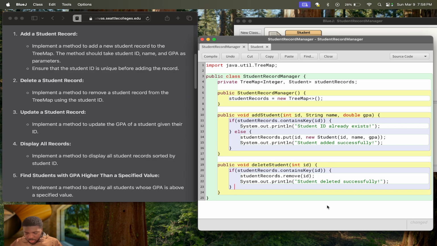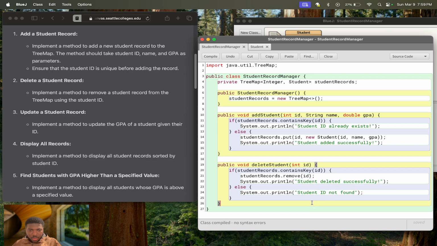We can also have an else here. And let's say in that case, right, student ID not found. All right, and then